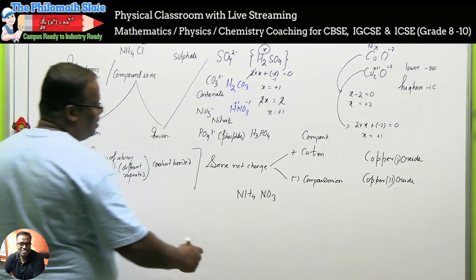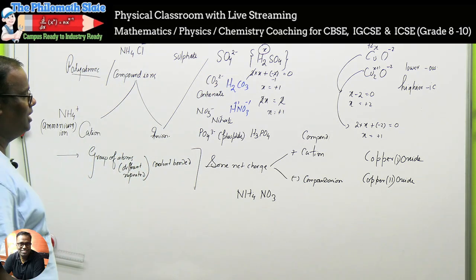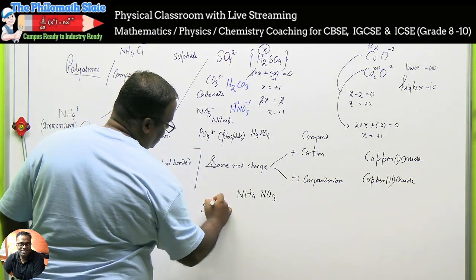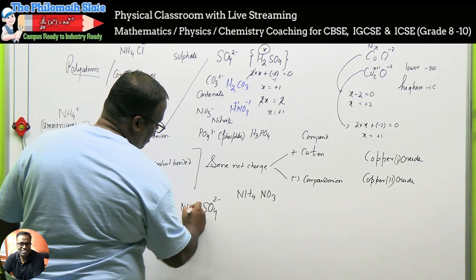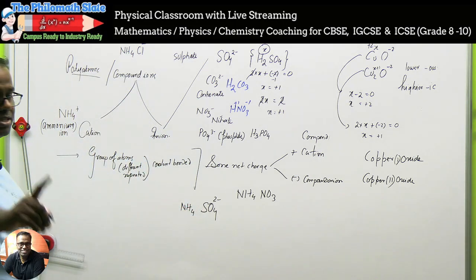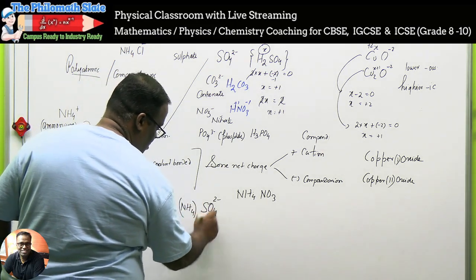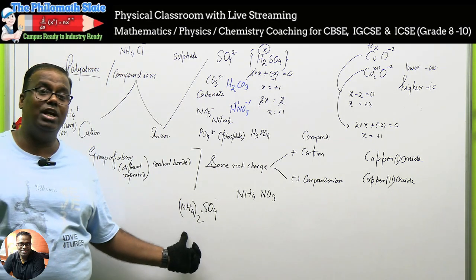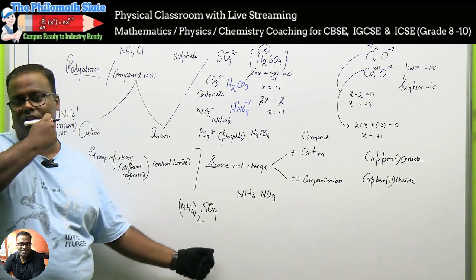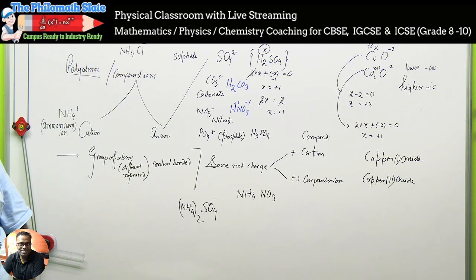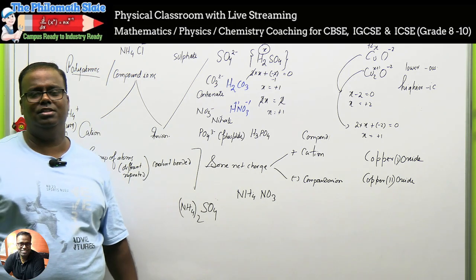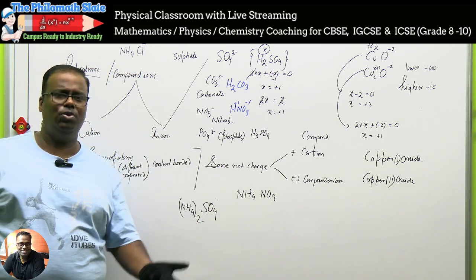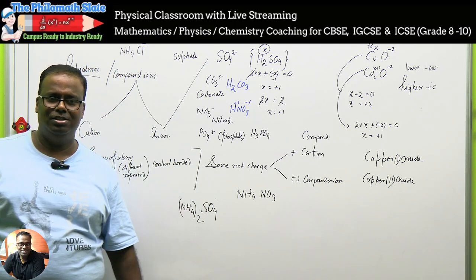Okay, can you make ammonium sulfate? Try and think. How to make ammonium sulfate? Sulfate means SO4 will come. SO4 is always 2 minus. Who is coming with it? Ammonium is coming. Ammonium is what? 1 plus. So when we write the name of the molecule, it's like this. What will be the name? Don't write diammonium sulfate. It's ammonium sulfate. Can you make ammonium chloride? Just upfront. NH4Cl. Ammonium chloride. Okay.